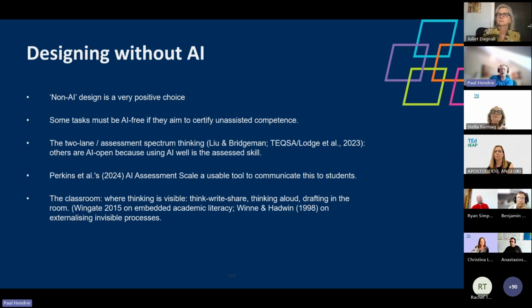There's a great assessment scale by Perkins and Rowe, which I've actually added to the Padlet, which I'm going to share with you in a minute, because I'm getting way too theoretical now. It's like, come on, land on something. Have a look at the AI assessment scale, which I've linked to in my Padlet. It's a usable tool to communicate to students where you would like them to use it and where they absolutely shouldn't. And often if you explain the rationale to them, students seem to be quite receptive to that. Obviously there are challenges, but the transparency, I think, is useful.